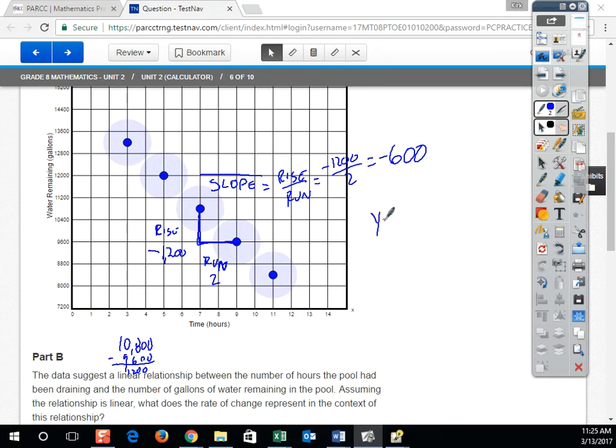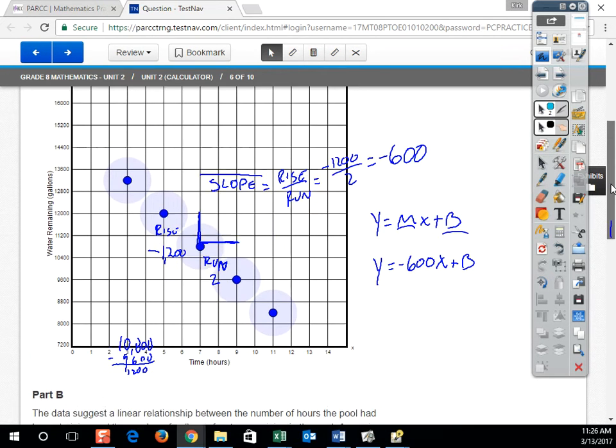And I know that since this is linear, we have y equals mx plus b, where m is slope, b is y-intercept. So right now I know I have y equals negative 600 x plus something. Well, what is that something? There are a couple of ways I could do this. One is I could use my